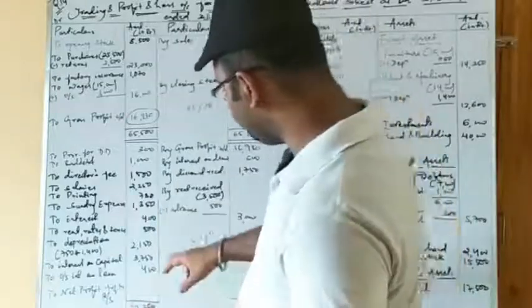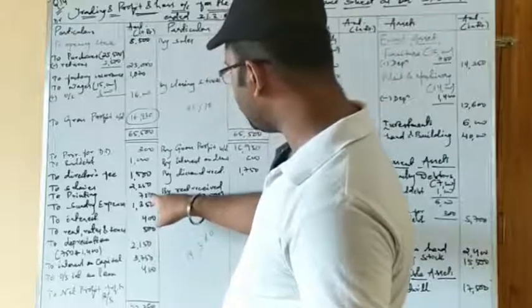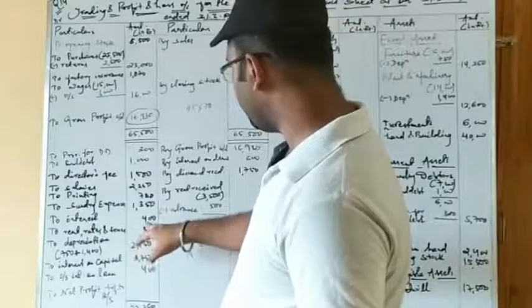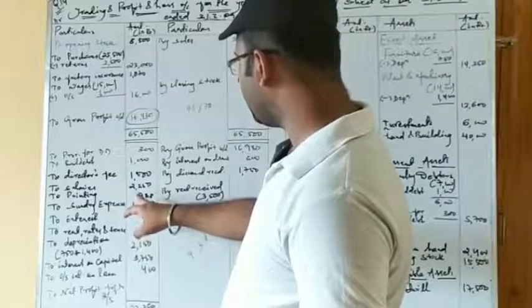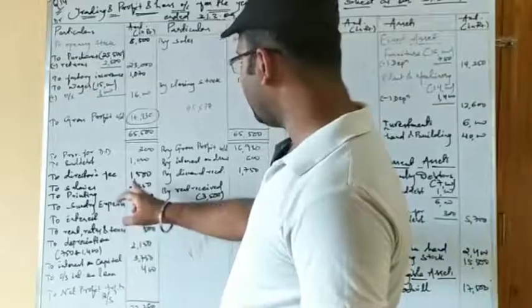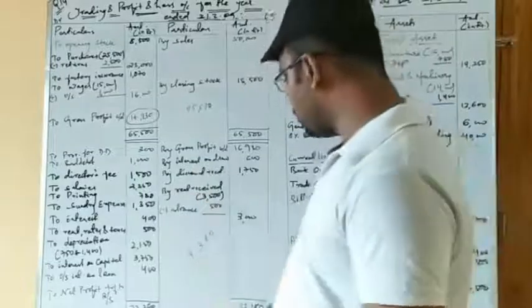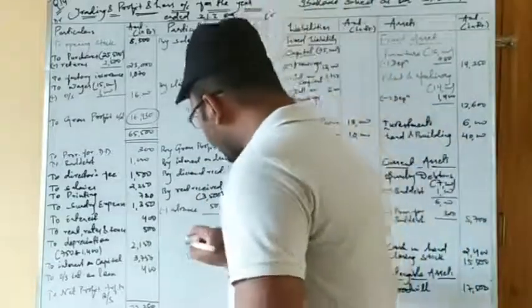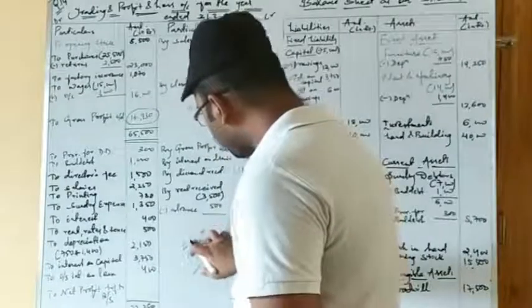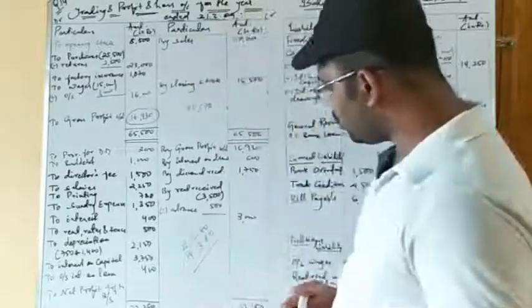Let us check again. 0, 5, 10, 15, 8, 23, 28. So 2, 4, 6, 7, 13, 14, 19, 23, 26, 33, 35, 40, 4, 3, 7, 2, 9, 10, 11, 12, 14. So the total of the debit side of the profit and loss account comes to 14,380. Let us check how much we are getting as net profit here. So the credit total of the profit and loss account is 22,280.